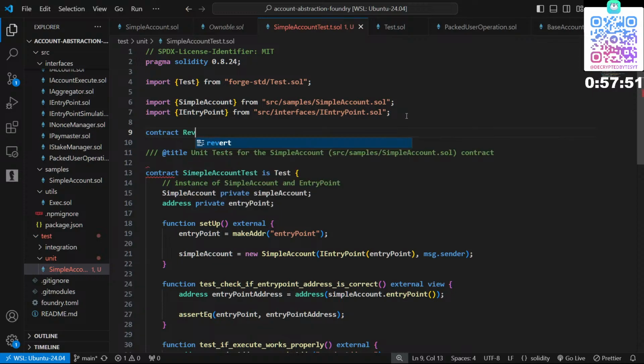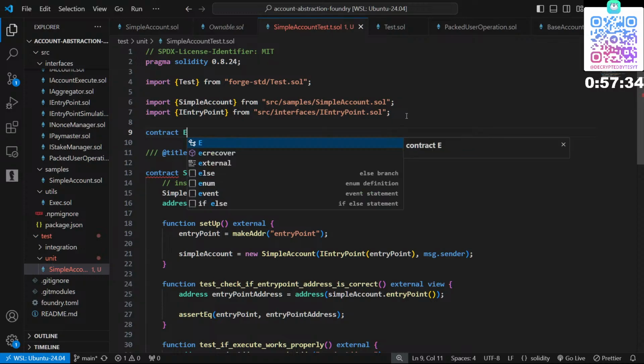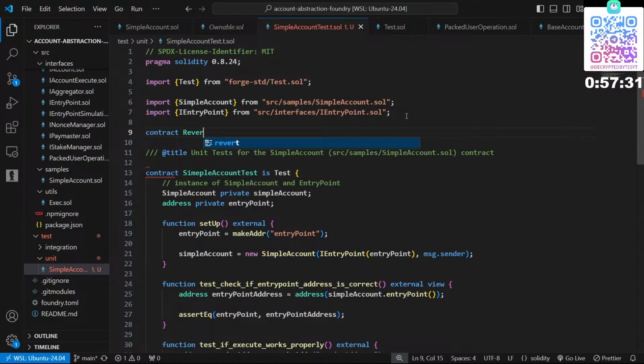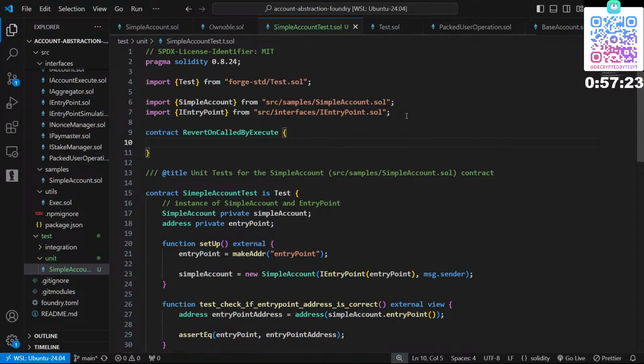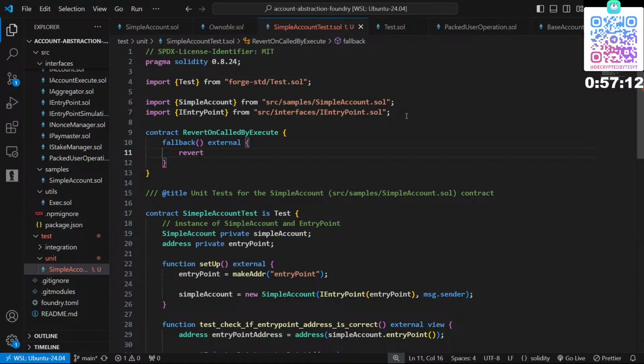We can call this anything, but to give anyone reading this contract good context, we'll name it accordingly: RevertOnCalledByExecute. This will be a contract, and it will have only one function, which is fallback, and it will revert